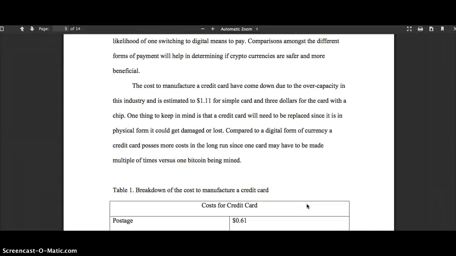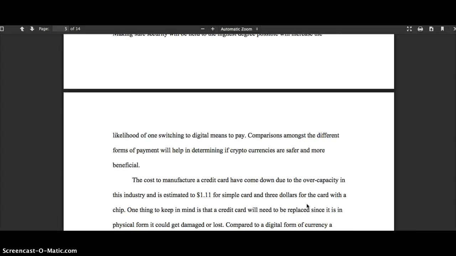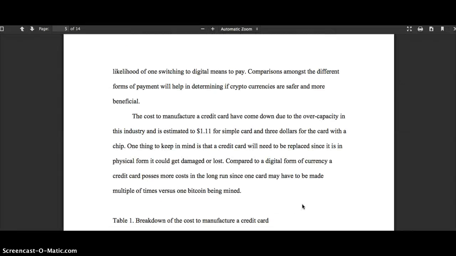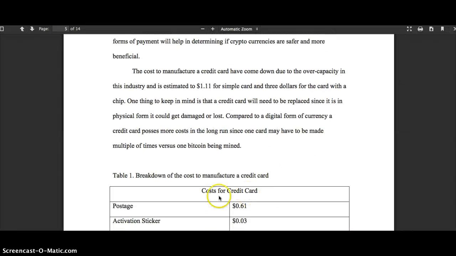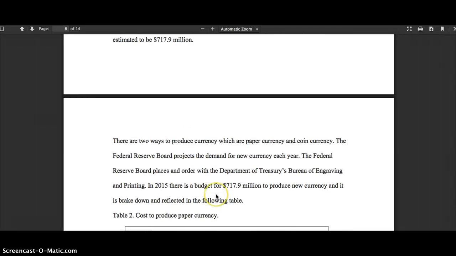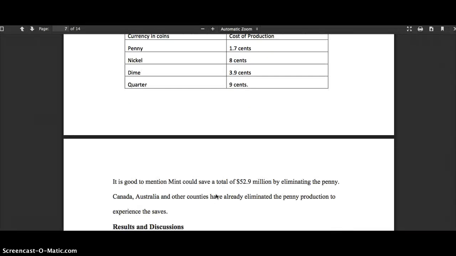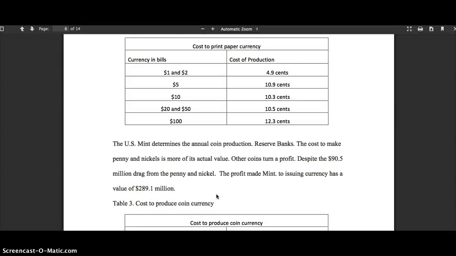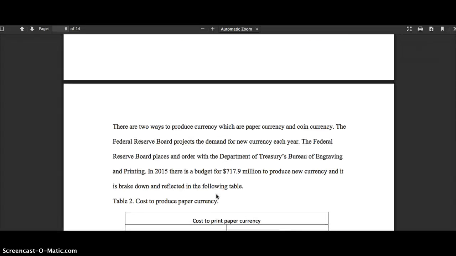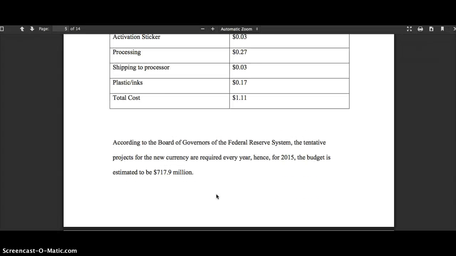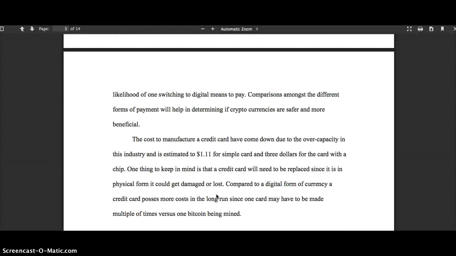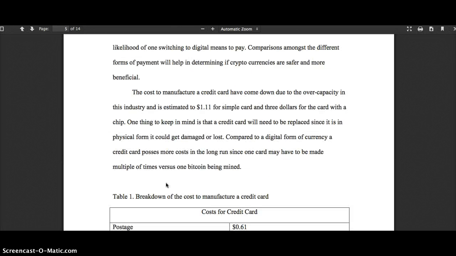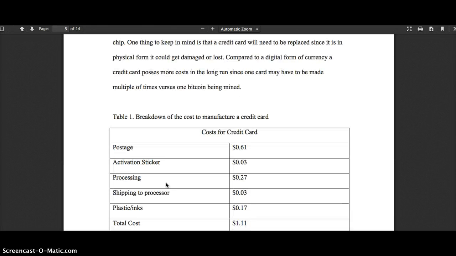In the investigative methods section, I think you've done a good job of talking about the different factors that you take into account, like the cost of manufacture for a credit card versus the paper currency versus the actual new technology. Although I was looking for you to maybe talk here about what formulas you addressed. If you're going to keep this section, I would still use subheadings to separate the different discussions that you're having here.